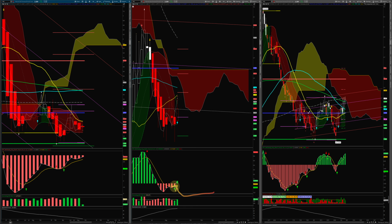MACD signal is positive as of last week, or maybe 2 weeks ago. So yeah, now we just got the positive signal this week. So that's how it works out. You got the 20 SMA on the weekly, 234. You got the 50 SMA, 240. Remember 240? That's probably going to move a little bit. And you got this big target or big level, 258. You got to watch out. But we'll take baby steps. So far, let's see if there's a correction or a pullback next week. And then it wants to